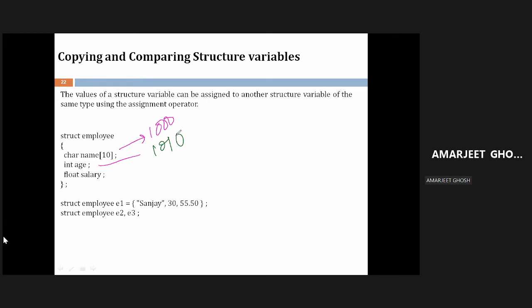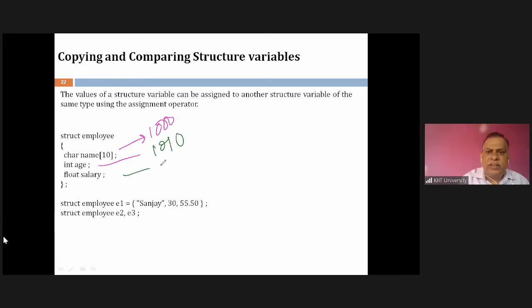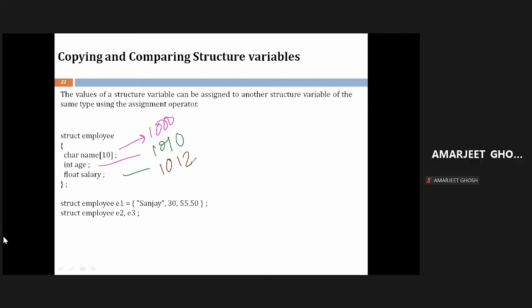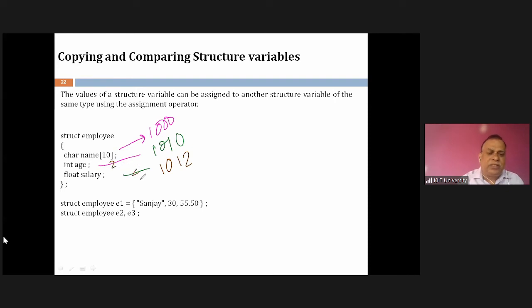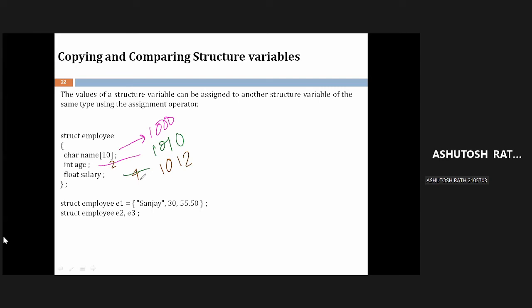Yes. 1 byte. Let's say an integer takes 2 bytes. Next can be started from 1010. Very good. And here it will be exactly, let's say, 10 bytes. So integer is 2 bytes, this is 4 bytes. All are divisible by 2 and 4, yes or no? Yes, sir. Well accepted. But had this float been here,